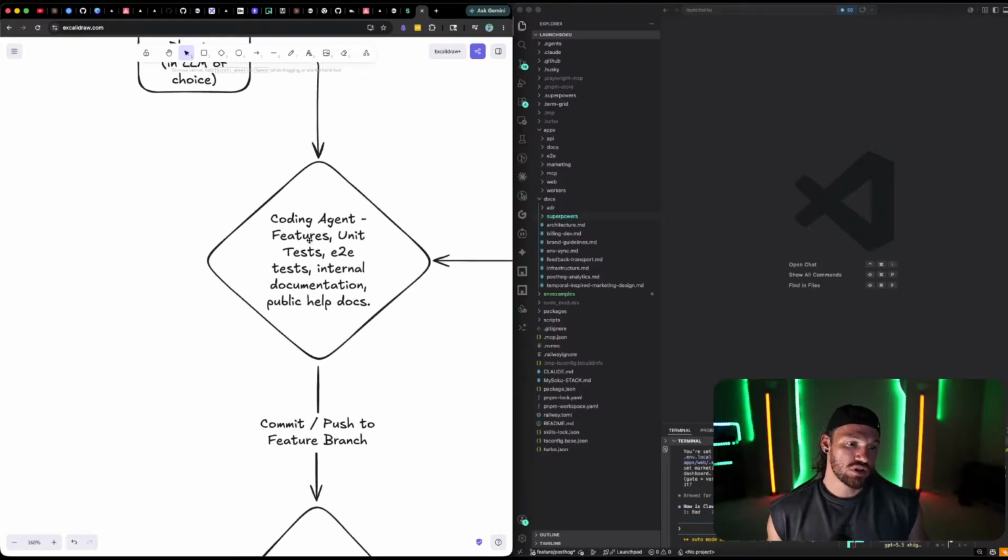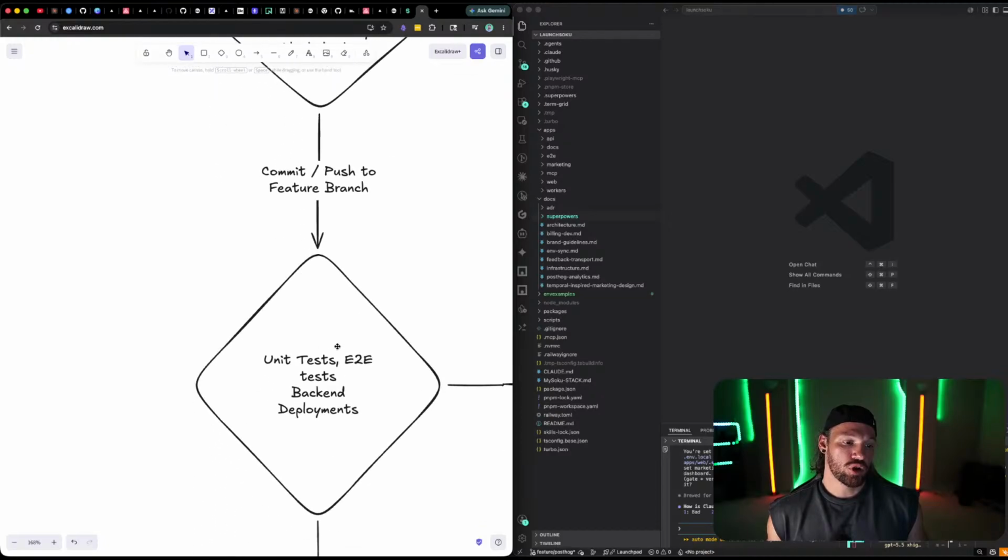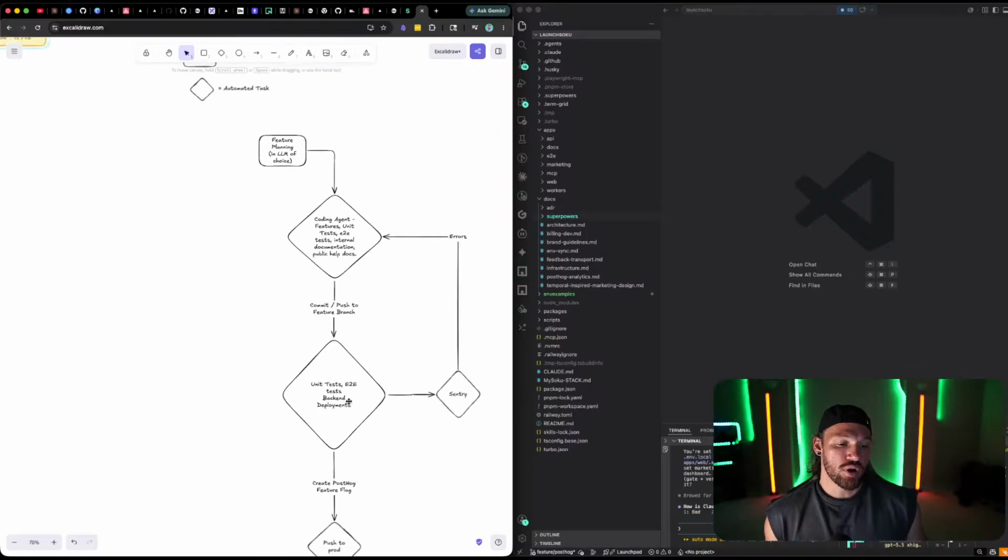It'll write the feature, write the unit tests, end-to-end tests, internal documentation, public help docs, all that stuff. It'll commit and push that feature branch. It'll run those unit tests in CI, run the end-to-end tests in CI, the back-end deployments in CI. If anything breaks,